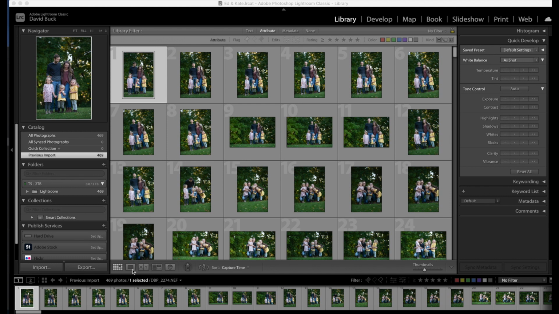It's 469 photos. So I'm going to start with the advanced sort, and then we're going to go about applying our presets, and then adjusting our white balance and our exposure, followed by any specific edits that we want to do. So I'm going to get started, and again I'm going to try and talk as much as I can and